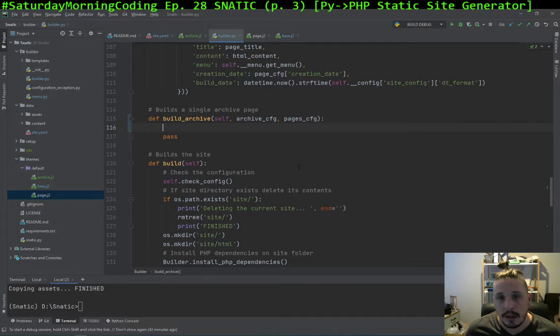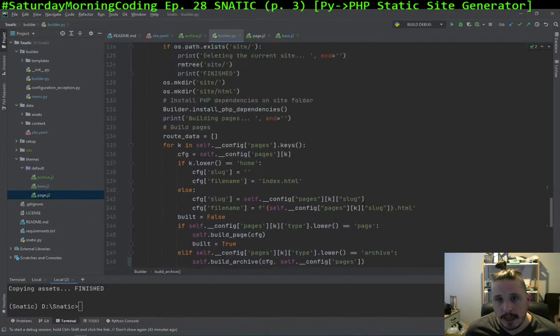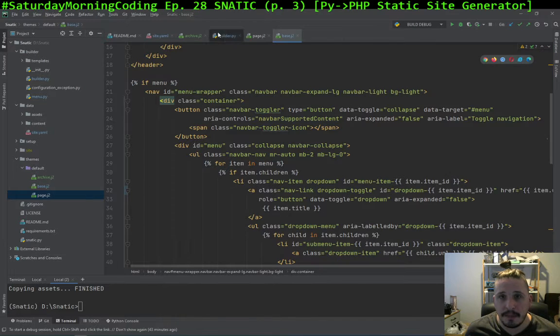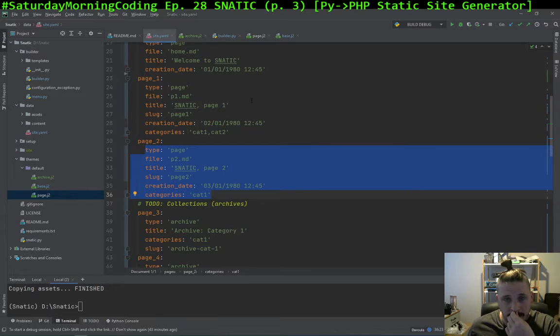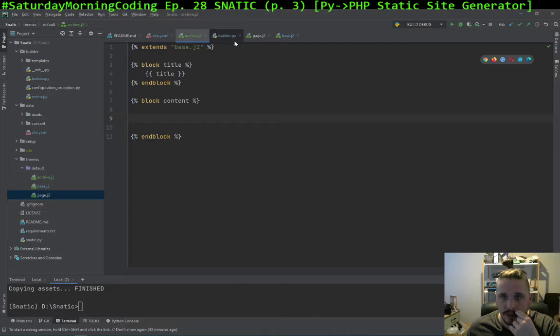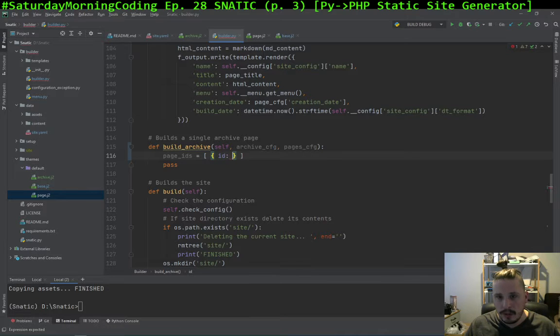How are we going to do this? We need to find all the pages of type page and then figure out the category. Okay, we can do this: page IDs equals. We can do it with a list comprehension. Oops, we can do a dictionary here. So ID equals x dot x of